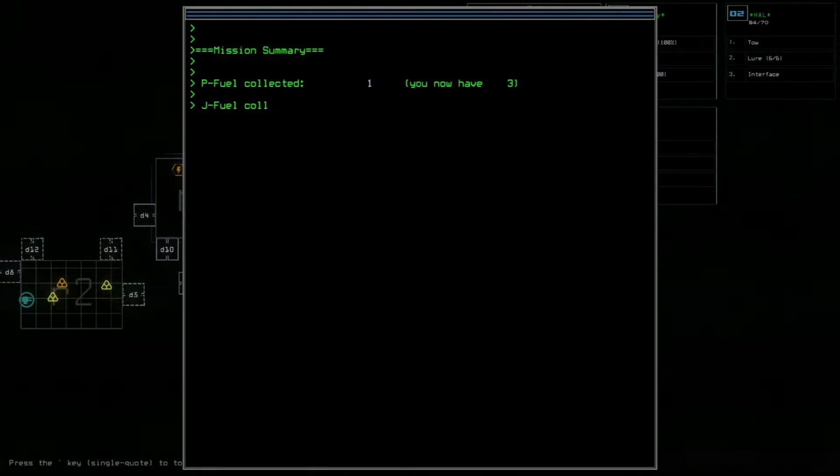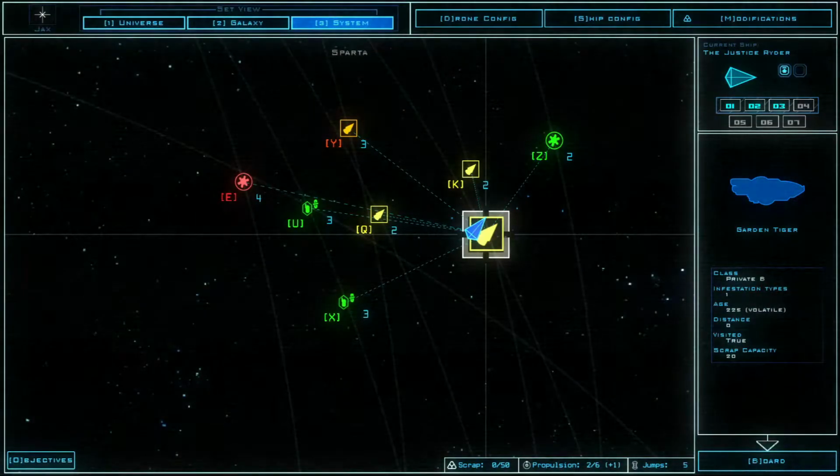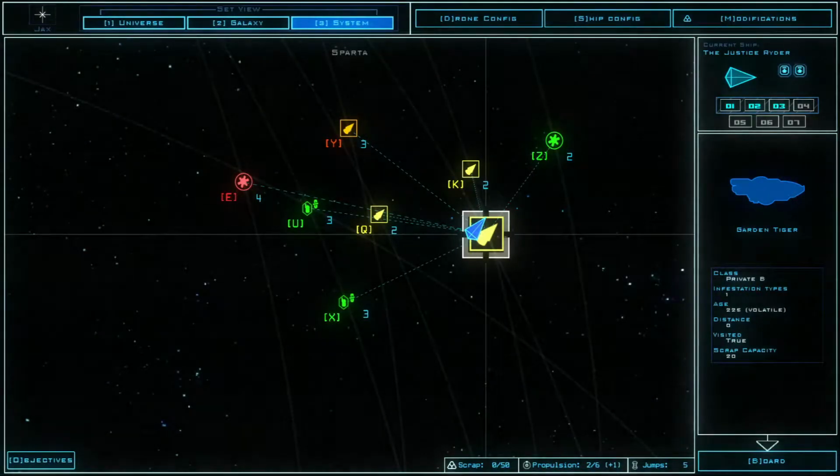I have no idea how that happened. I don't recall taking that out. Apparently we collected... Oh, we did collect the fuel. We've survived 83 days so far. So I can board it again. Let's go into the ship config. Oh, here it is, remote power. No idea what happened to that, but we'll...